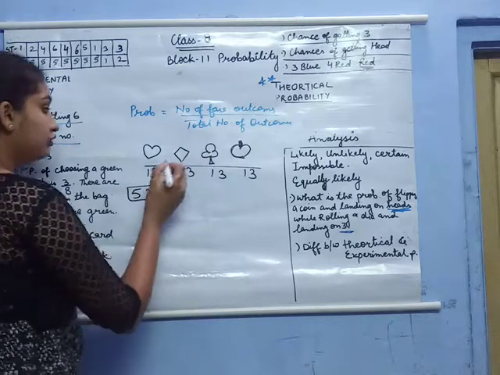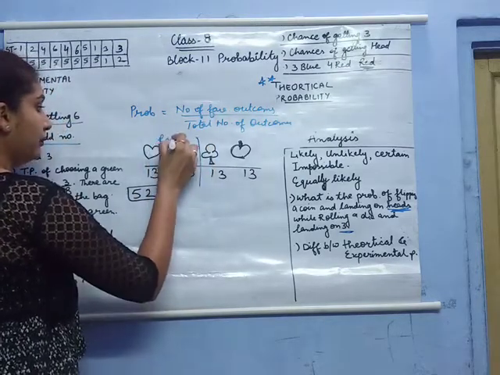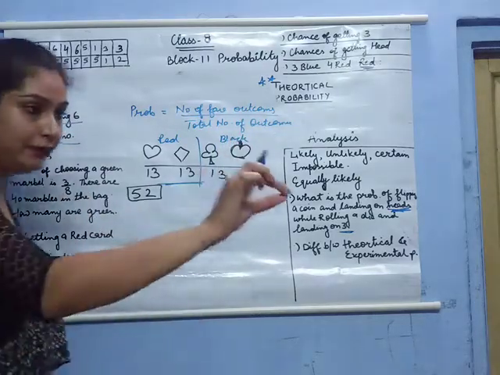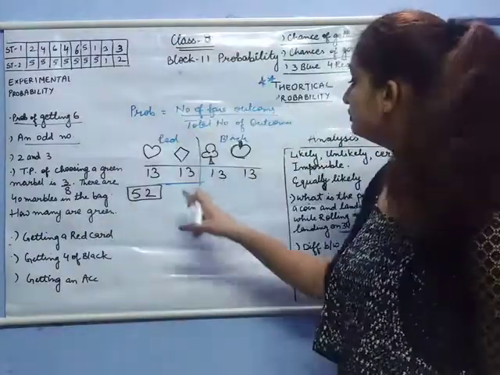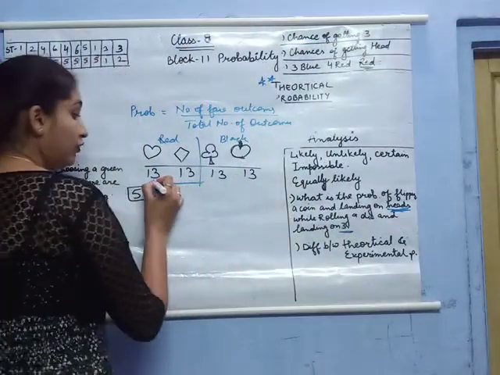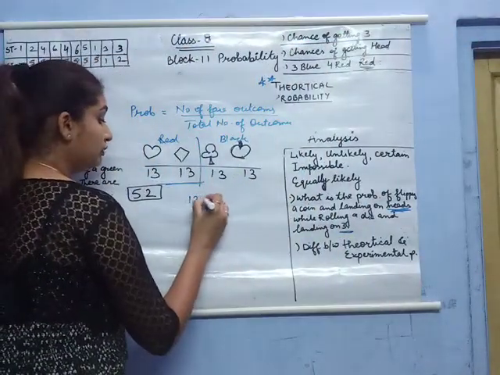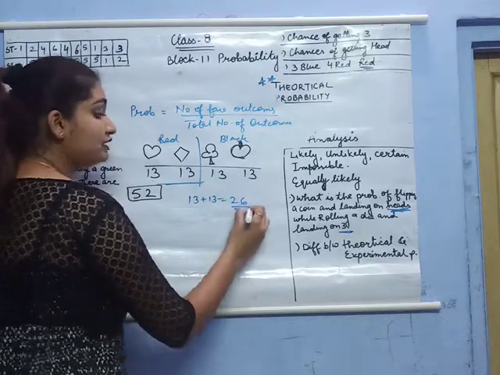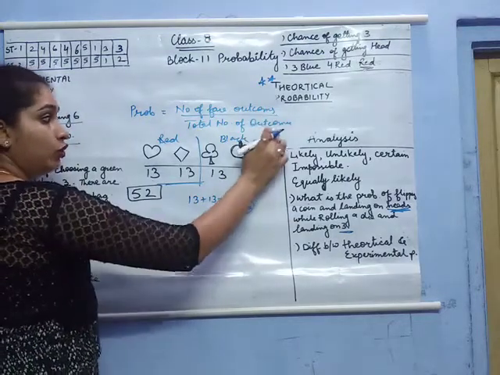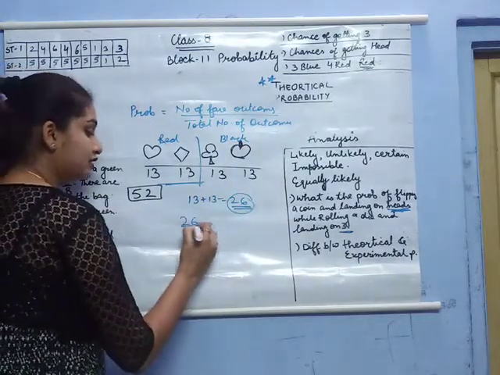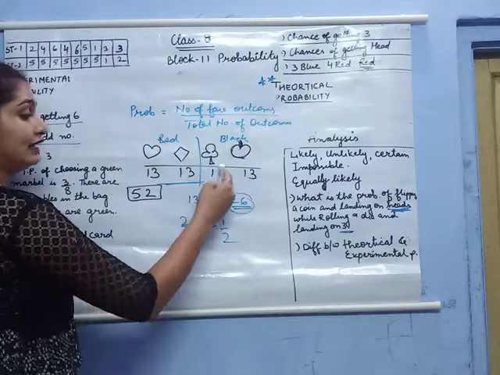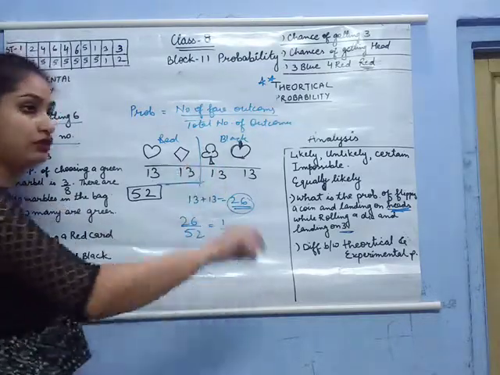Getting a red card out of this, these two suits are red and these two are black. I pick one card out of a deck of cards, and what is the probability to get a red card? It can be of heart, it can be of diamond also. So 13 plus 13, 26. Total 26 red cards are available. So the number of favorable outcomes is 26, and total number of outcomes is 52. So probability will be 26 by 52 or half. There are equally likely chances that the card drawn is red